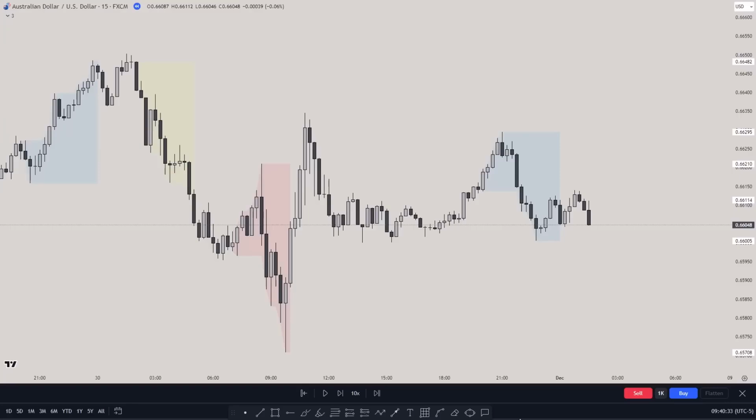And one of the other issues that you're already having is not being satisfied with the basics, and you're looking for something that is fancy and that is new and complicated also. You're not really focused on the main concepts. As I always say, liquidity and fair value gaps. This is how I scalp based on liquidity and fair value gaps. So we're going to be focusing on quality more than quantity.